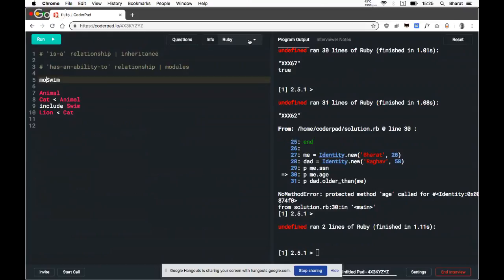You create a module, you give it some stuff, and that stuff can go into this class. So we can include many things like this.